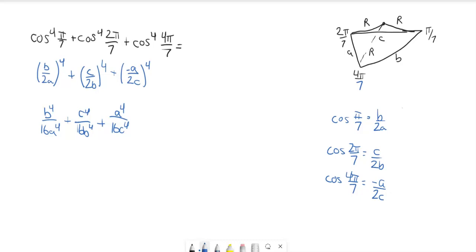Now, the nice thing about this expression is we have a 16 in each denominator. We can factor that out as 1 over 16, because on top, each of those variables, b to the fourth, c to the fourth, and a to the fourth, are to the first power. So that's why we get 1 over 16. So we'll get b to the fourth over